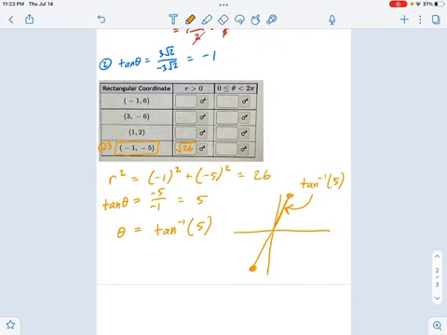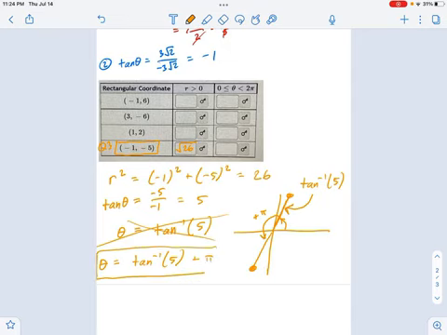So you have to think about how to turn this angle into this one. What do we need to add to it? Right? Well, that's just plus pi. So instead, I'm going to say, well, that's not right. Here's our answer. It's inverse tangent of 5 plus pi. Okay, and that's what the computer is looking for. In other words, you need an awareness of quadrants. And keep that in mind.